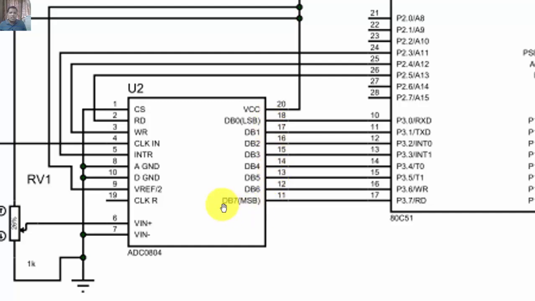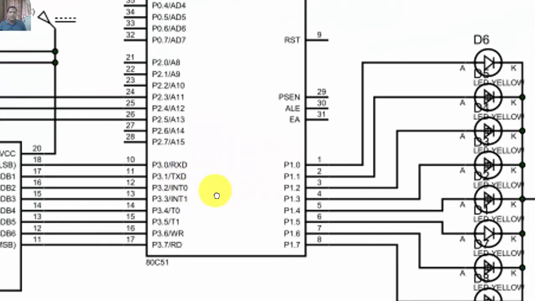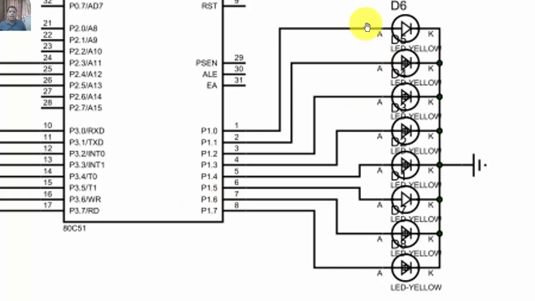Once the analog to digital conversion is finished, the digital data on the DB0 to DB7 pins is read on port P3 of the 8051 microcontroller. The same data I am going to display on port P1, where I am connecting the LEDs. Whenever the analog quantity is fluctuating, in response to that, the rate of LED glow continuously changes, which represents the digital signal, right? Suppose one LED goes on off on off on off, what does it represent? 0 1 0 1 0 1 as my output data. That is the digital data, right?